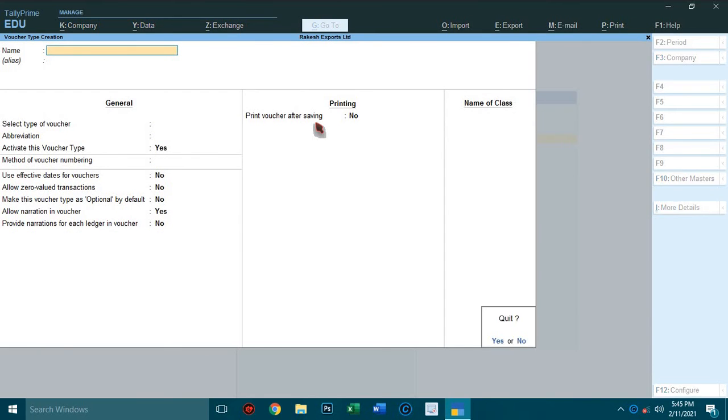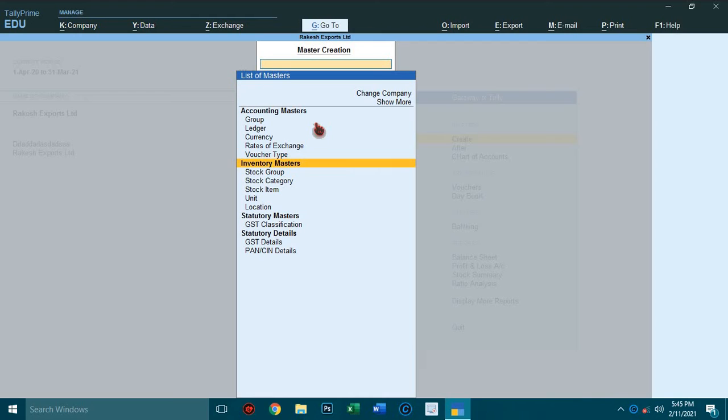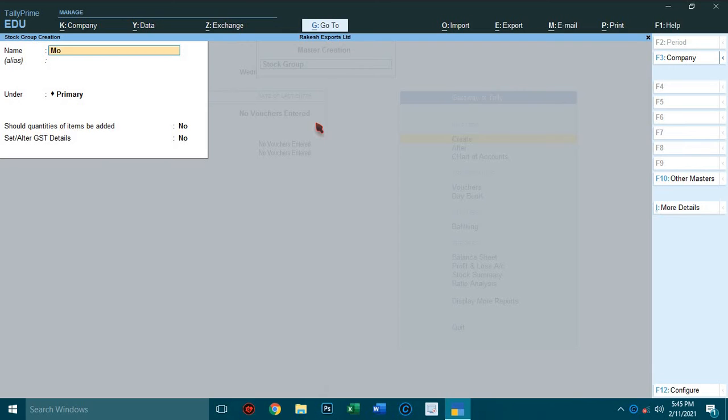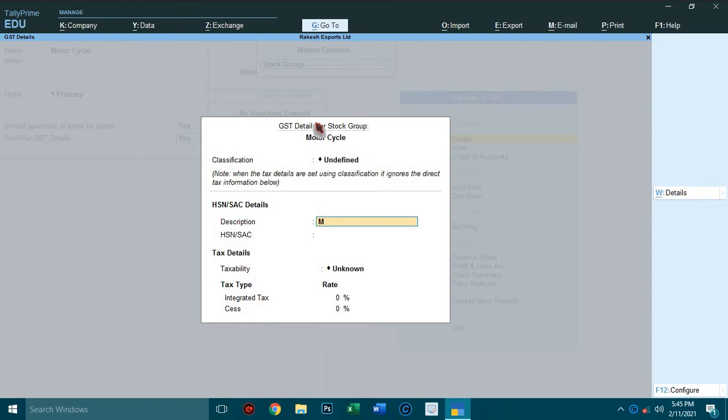Okay friends, next move to inventory masters and create stock items. Today I am taking the stock item bike. Select stock group, type motorcycle, under primary. Should quantities of items be added? Set to yes. Set alter GST details to yes. Description, motorcycle.